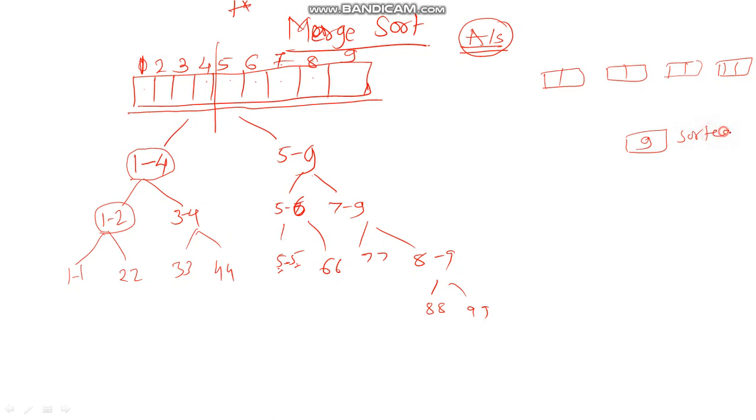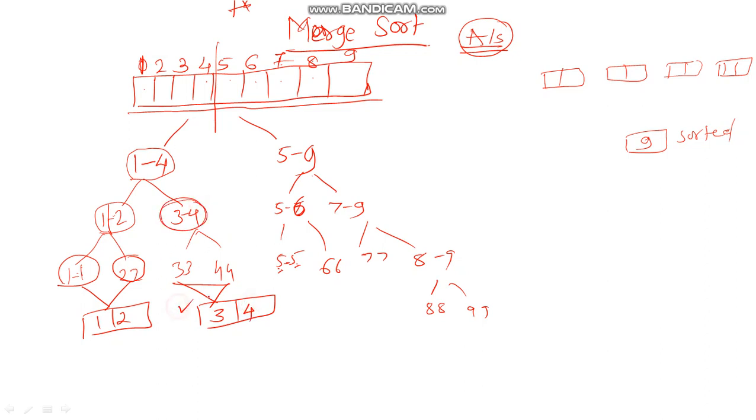We know that it is always sorted. So I am getting 1 1 and 2 2, two sorted arrays, and now I will merge two sorted arrays. Whichever is the smaller among these two elements will come at the lower index, and whichever is larger will come at the higher index, and I get a sorted array of size 2. Similarly here I combine these two, putting the lower element towards the left-hand side and the larger element towards the right-hand side, and I get a sorted array of size 2. Here the array could have been sorted or unsorted, but now it is sorted.